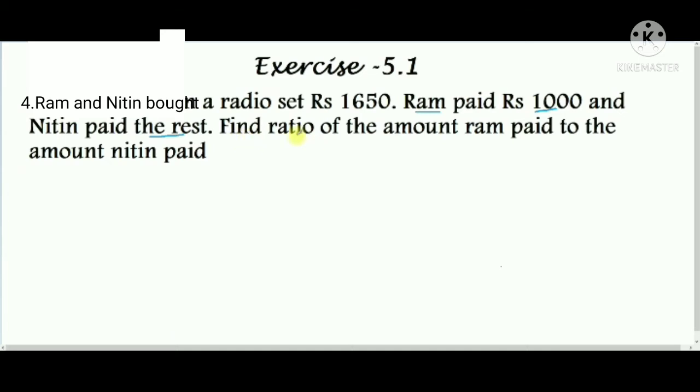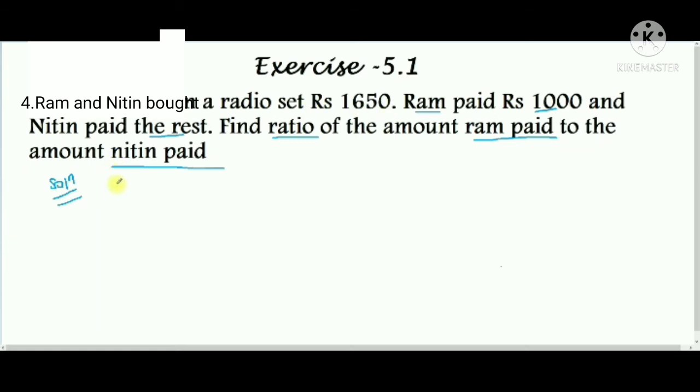Then find the ratio of the amount Ram paid and the amount Nitin paid. So you have to find the ratio of what Ram paid and what Nitin paid. Before that, first we will find out how much Nitin paid. Ram paid 1000, which is already given, and then Nitin paid the rest. So in the solution we will write first,